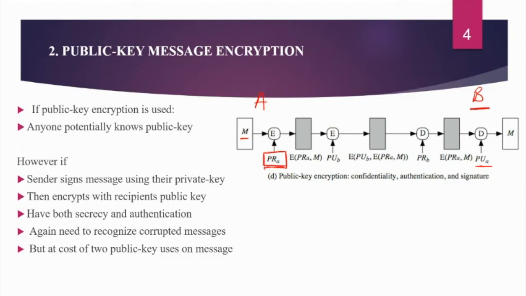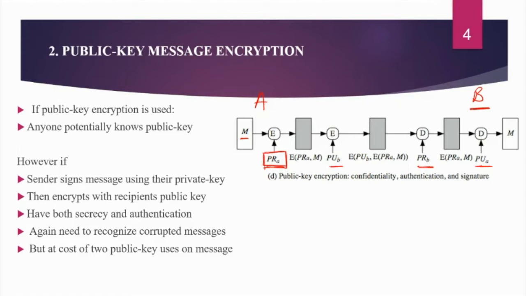And to achieve confidentiality, we will encrypt the entire data using the public key of B, so that at the decryption end, the private key of B will be used. And since the private key is only with B, we will achieve the confidentiality as well, right? So this is how we can achieve confidentiality and authentication.